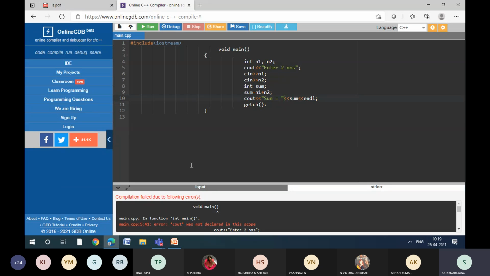Still some error. What is the error? Previously I corrected. Anybody? Error we corrected. First Rafi's. Right? Double quotes. Why is it showing an error in the double quotes?